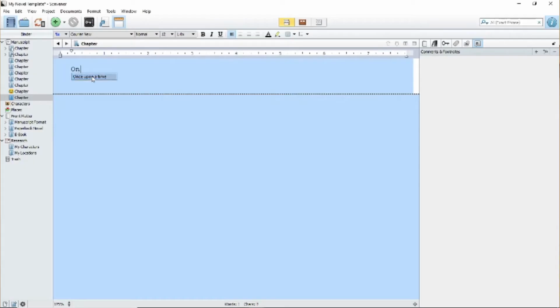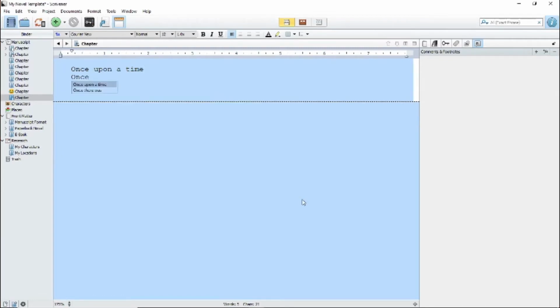Click on the plus and add in your word or phrase. Then, when you go back into your document and start typing, you'll see that a little box comes up underneath where it has the entire word or phrase that you typed in, which you can select by pressing return. If there's more than one word or phrase that starts with the same letters, both will come up. You can then use your down key to select it. Once you press the space bar, it will go away, assuming that you don't want to insert it.